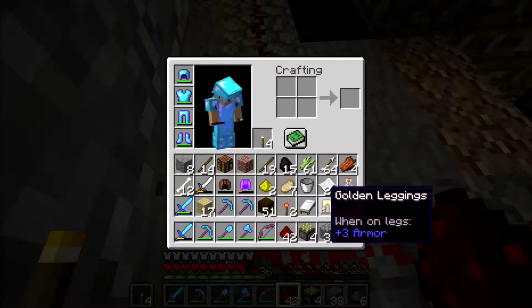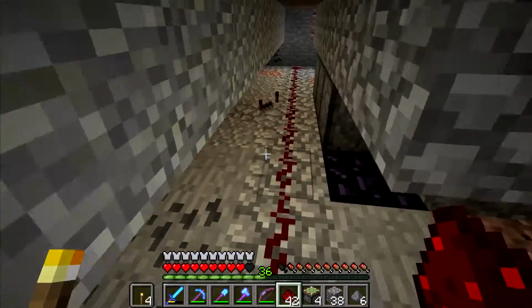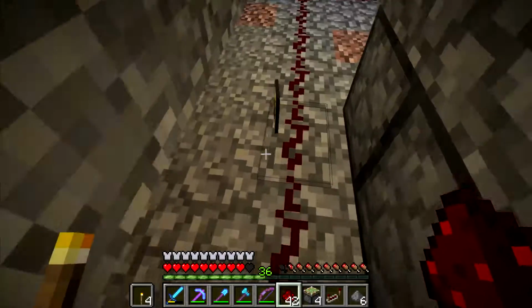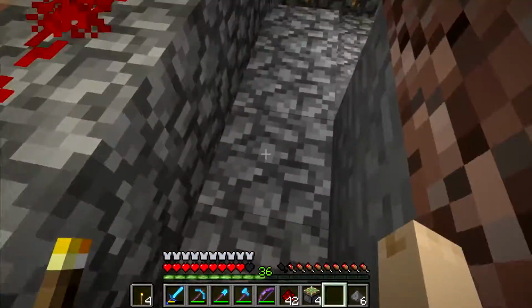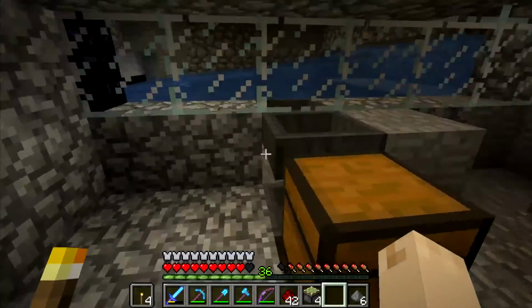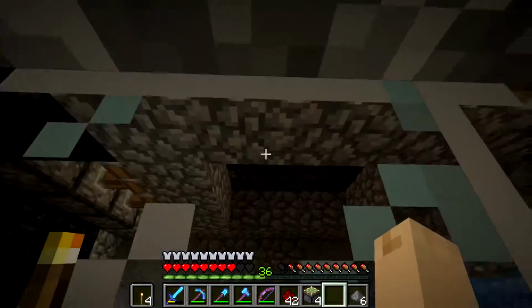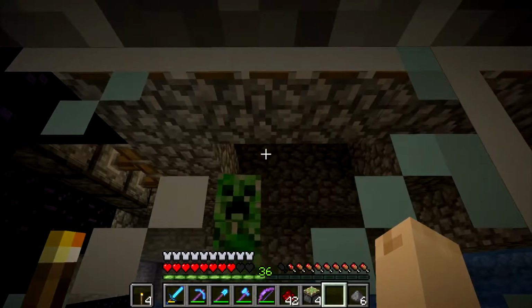Where is my repeater? Oh, there you are. I need you. Okay, and then that way everything takes damage falling. Oops, I want to look through here. So now all the walls should be out, so everything takes damage falling, and then the pistons will push everything